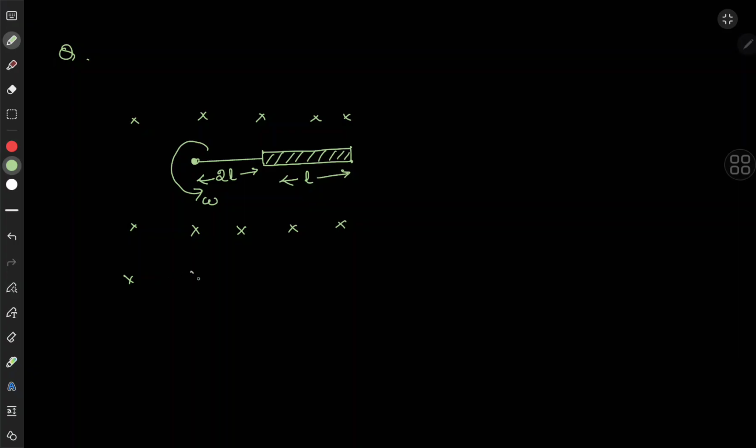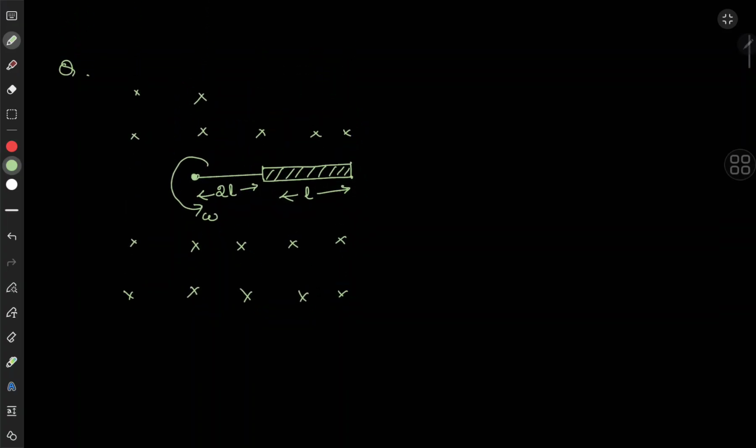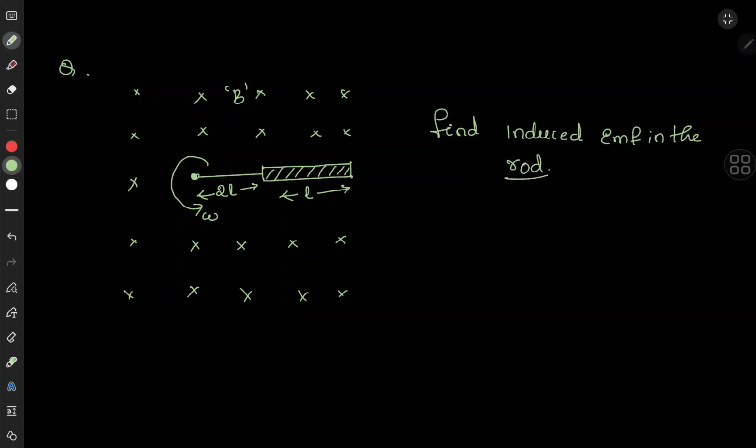In the uniform magnetic field, the conducting rod of length L, which is connected to a thread, is rotating with an angular velocity omega. The magnetic field we will write as capital B. Now the question is, find the induced EMF in the rod. How to calculate? When it is connected to a thread, definitely in the thread there is no